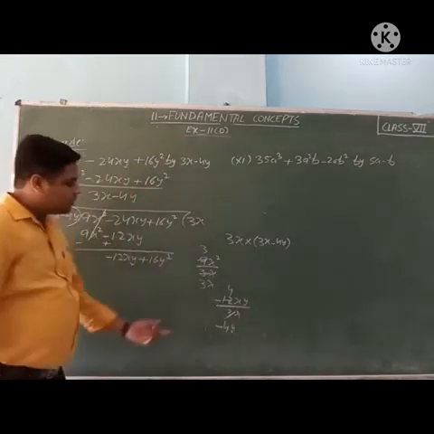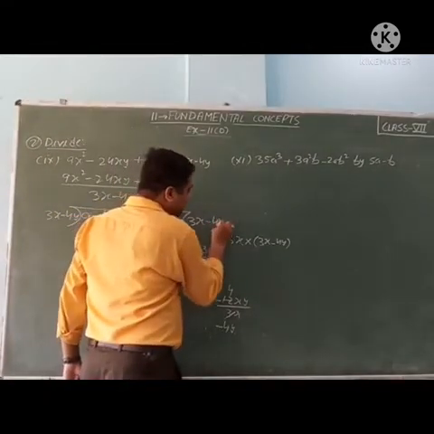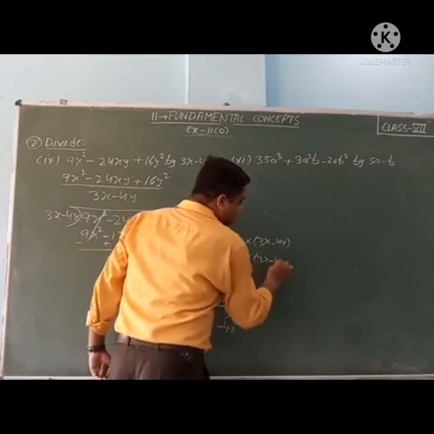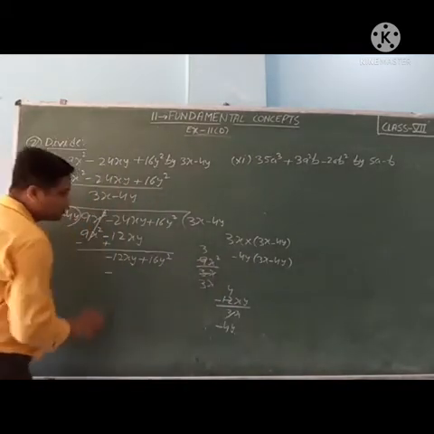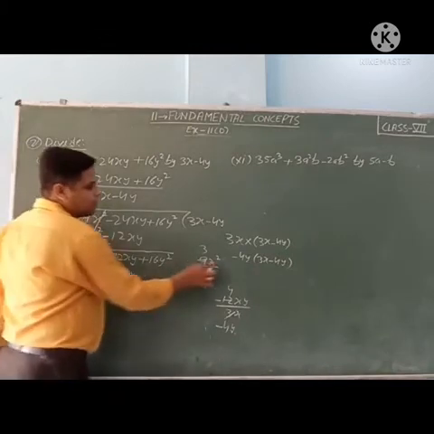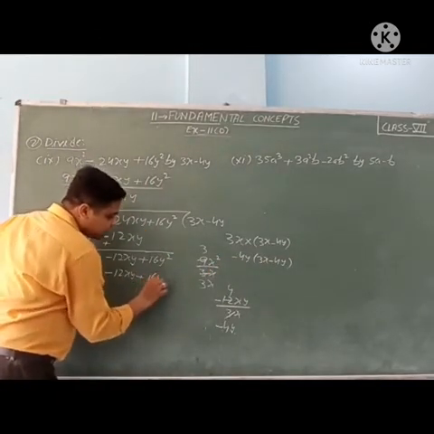So we will multiply by minus 4y. So we will write minus 4y here. So minus 4y times 3x, minus 4, minus plus minus 4, 3s are 12xy, minus minus plus 4, 4 times is 16y